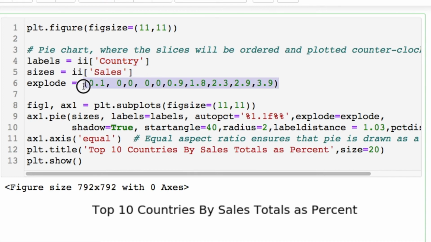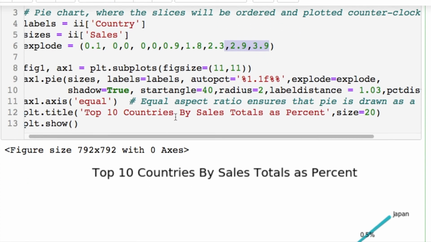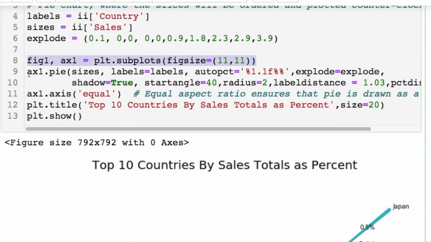This explode is going to be interesting. Pulls out each entry. We have 10 entries. So basically think of this as the first entry. I'm pulling out of the plot a little bit. The higher this number, the more it's going to be adjusted outside of the plot. You're going to see that in a second. We do this subplotting so we can adjust this pie plot for all of our label information. Let's do this so we can see this.